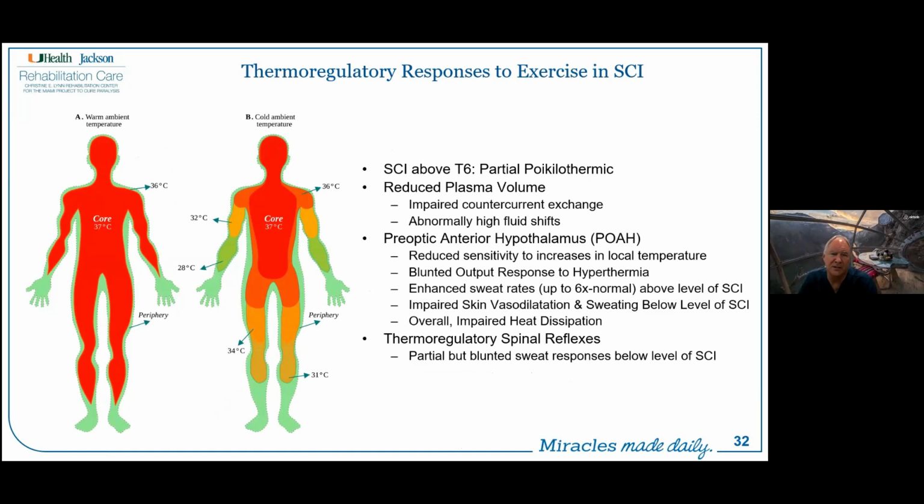We also know that there are thermoregulatory dysfunctions after spinal cord injury, so that folks with injuries, particularly T6 and above, are going to become essentially poikilothermic. What does that mean? That means they take on the ambient temperature around them. So if it's 90 degrees, their body will drop to what? Drop to 90 degrees. This is one of those things that seems like a misnomer, but they will take on the ambient temperature around them. And I've seen folks come into an emergency department on a hot summer day with high humidity, but sitting in the shade, and with a slight breeze going across, and they actually become what?